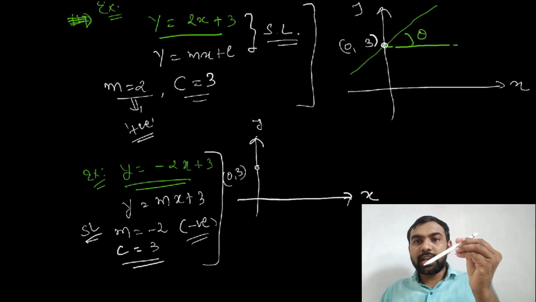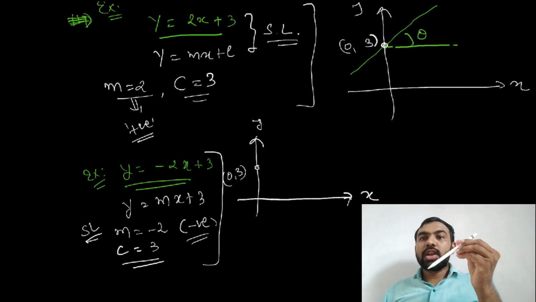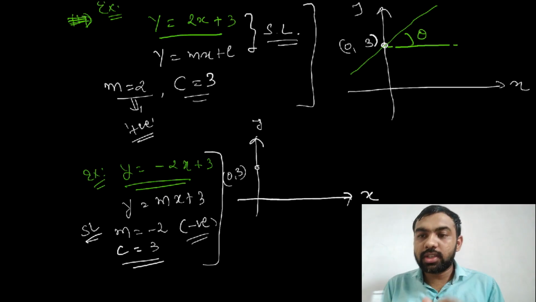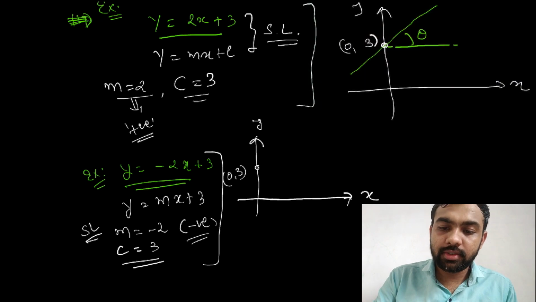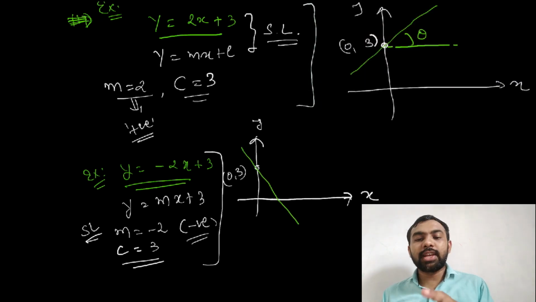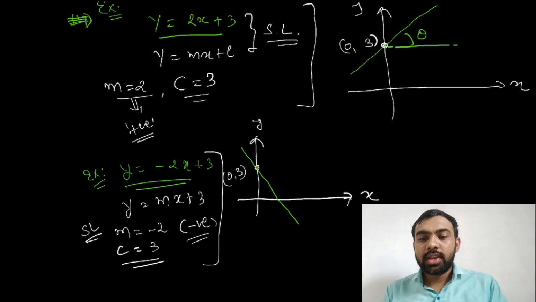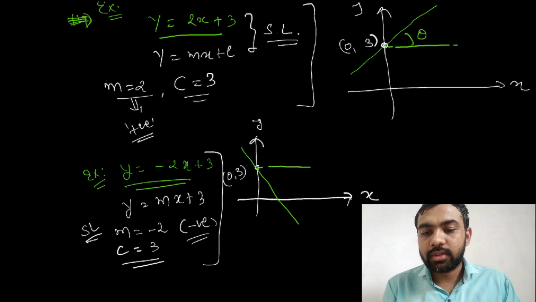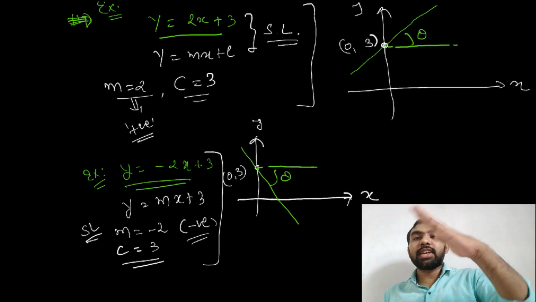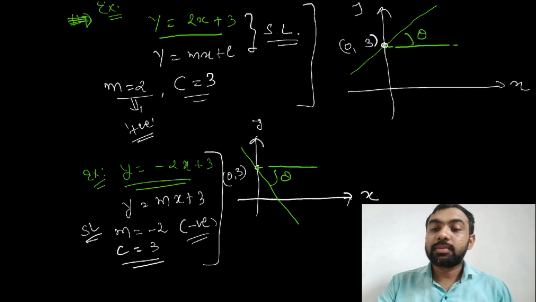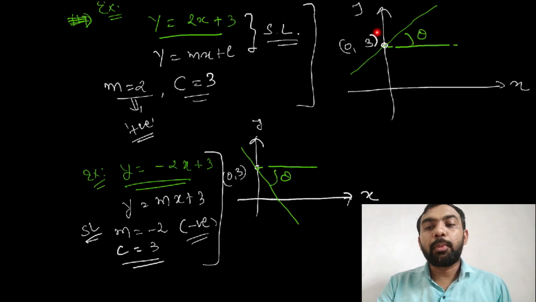So here we draw this negative slope in this way. So actually this line is drawn in this way. Okay. And here the theta is this one. See, theta is on the downward side. In the first case, theta is on the upward side. See here. This one is what? Theta is on the upward side. Here theta is on the downward side.